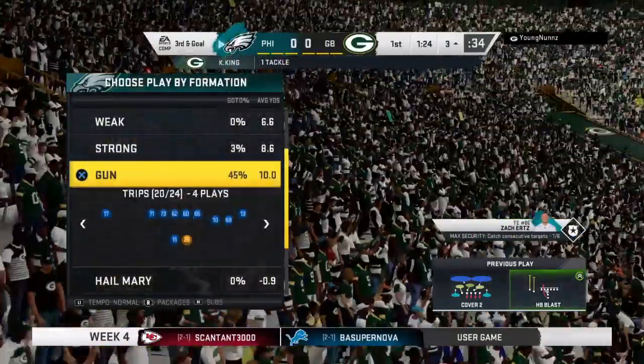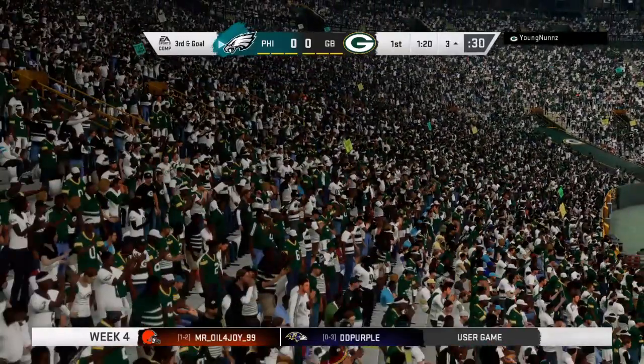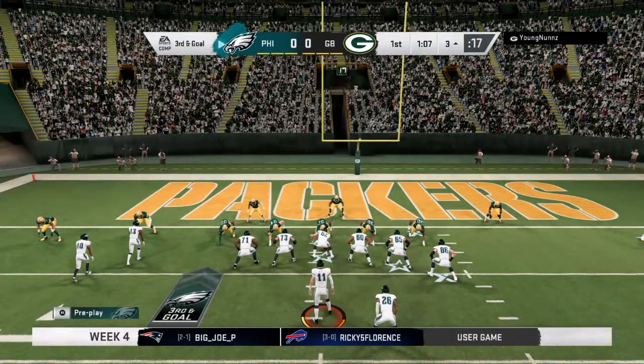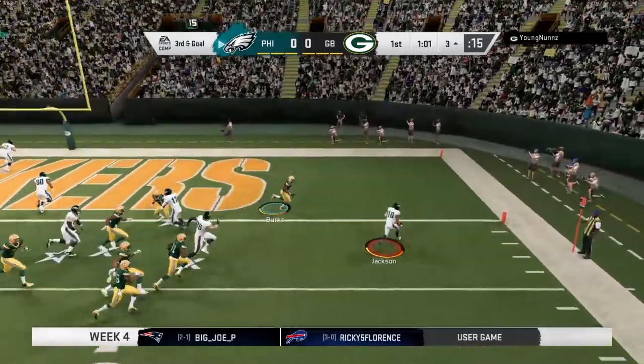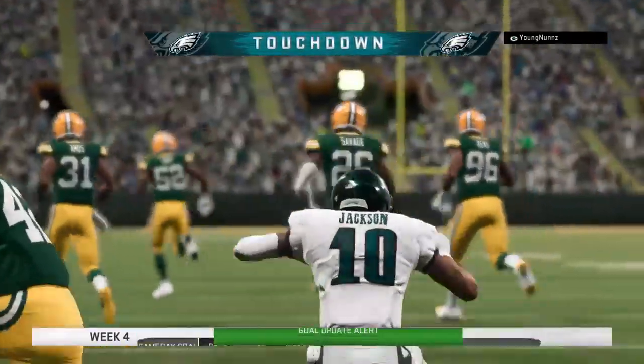Defensively here, you're facing a top-5 team in terms of points scored in the NFL. So when they're that high-powered, you've got to find a way to hold them under 20. Because to me, that's the magic number. 20 points scored, you give yourself the best chance to win. So if they're up around 24, 28, 30...